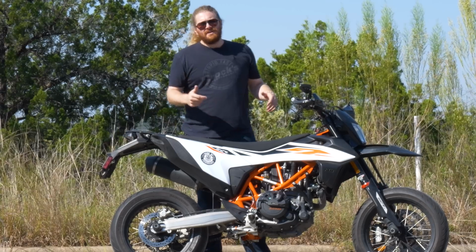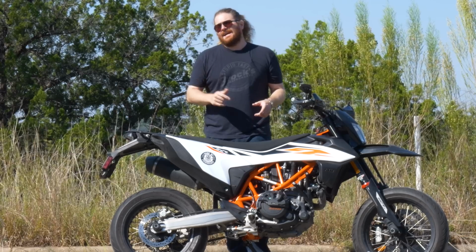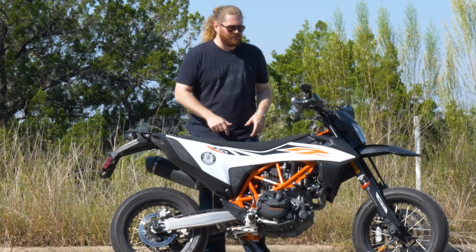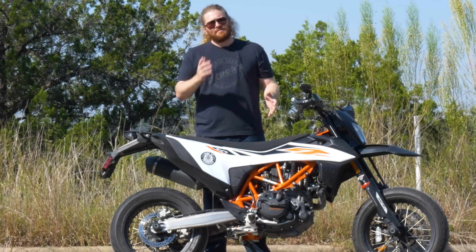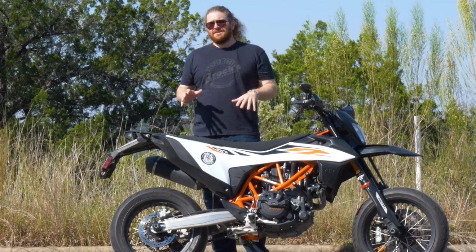So this right here is the 2020 KTM 690 SMCR. This thing is powered by a 693cc single-cylinder engine that's putting down about 75 horsepower and 55 foot-pounds of torque. It's really nice and light at about 360 pounds, which makes...